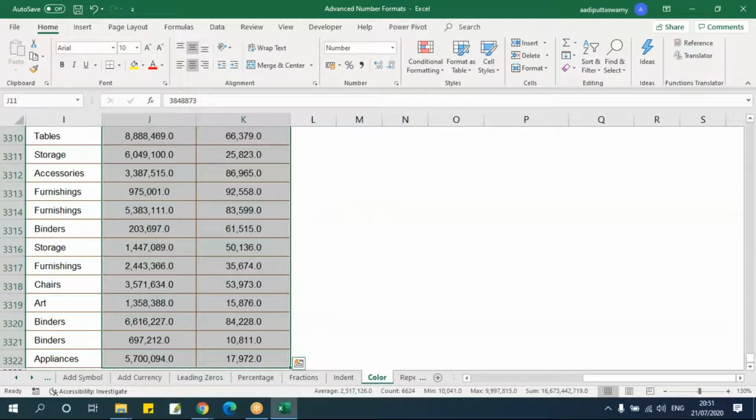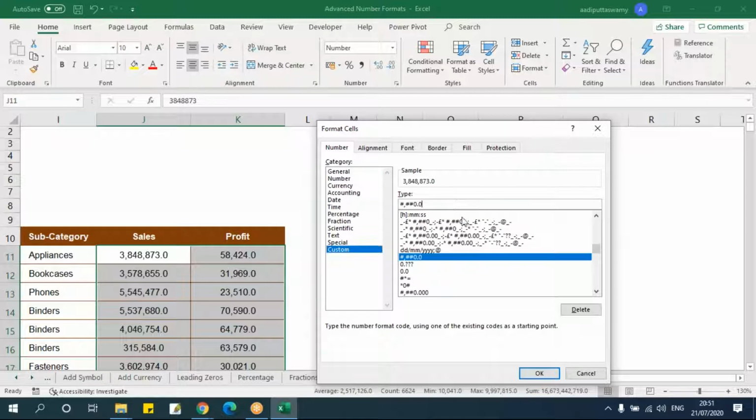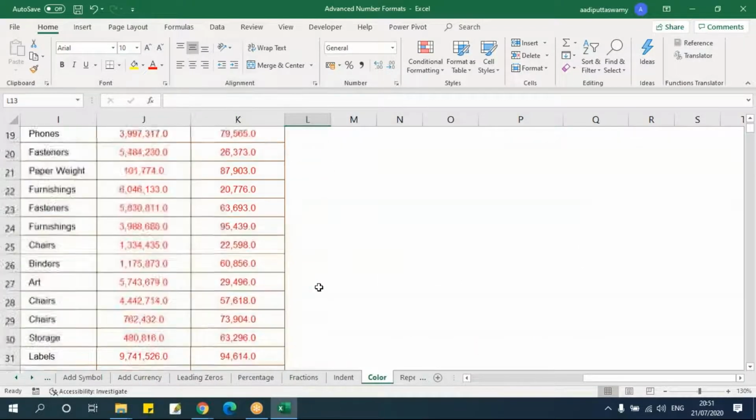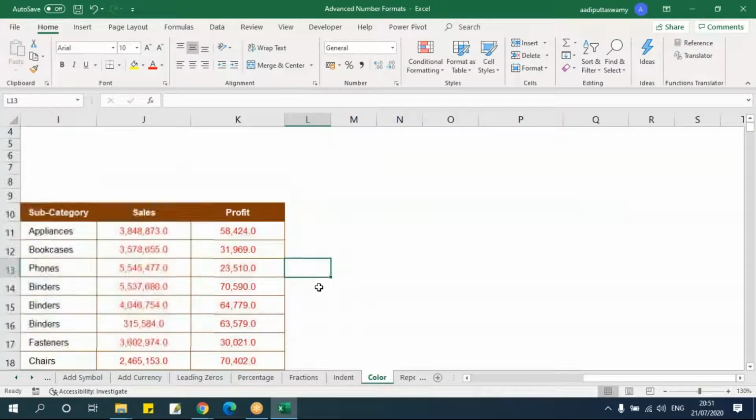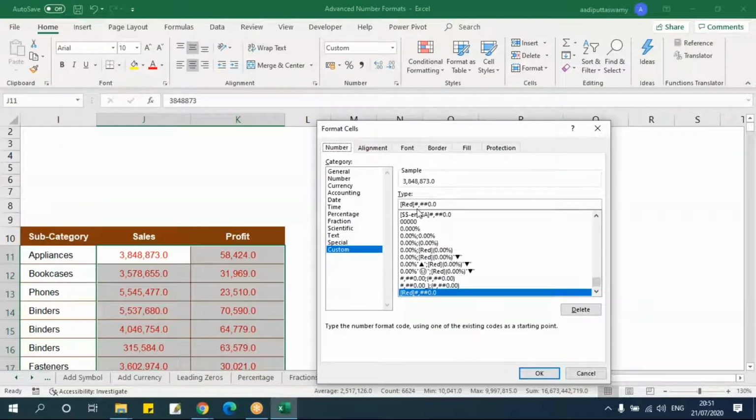So when I say color, the color you're specifying should always be in square brackets like this. The condition or the colors should be in the square brackets like this, otherwise it will not take. Now just specify red and say OK. See, the entire thing will get red. Suppose you want to have the negative side as red, blue, green, or whatever, you can go and specify it, say negative side or something.